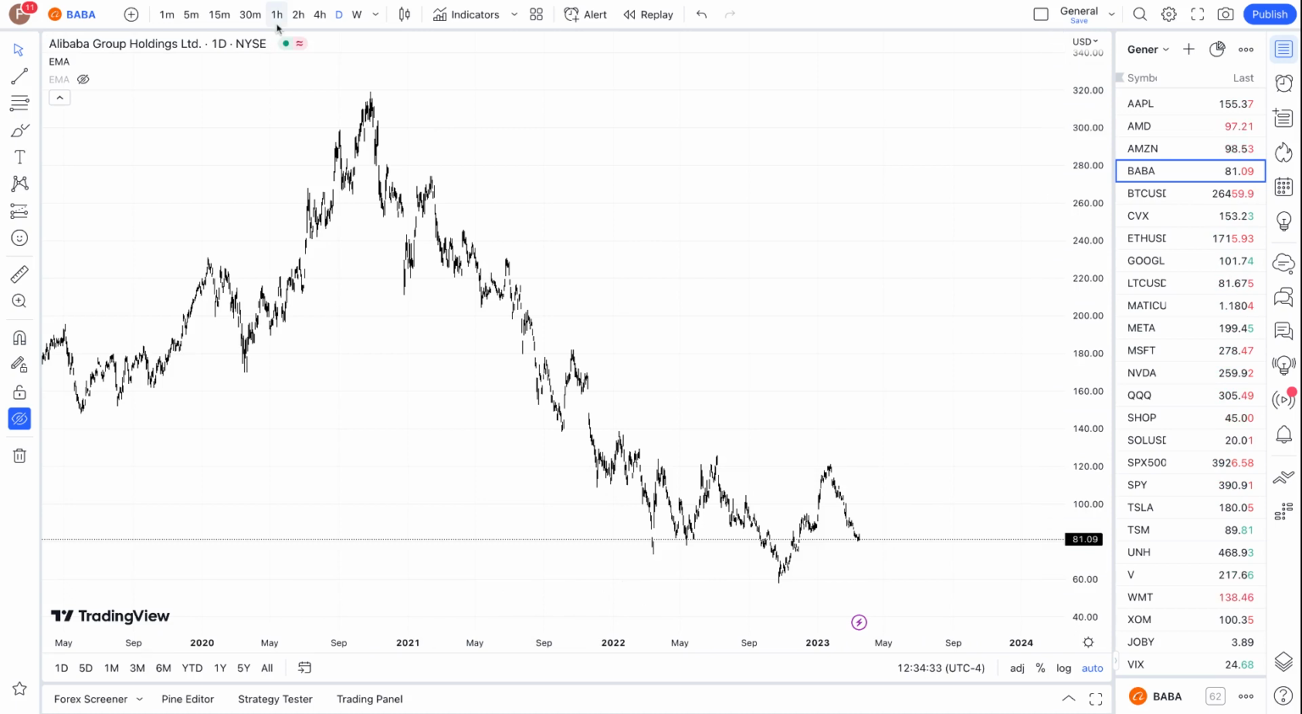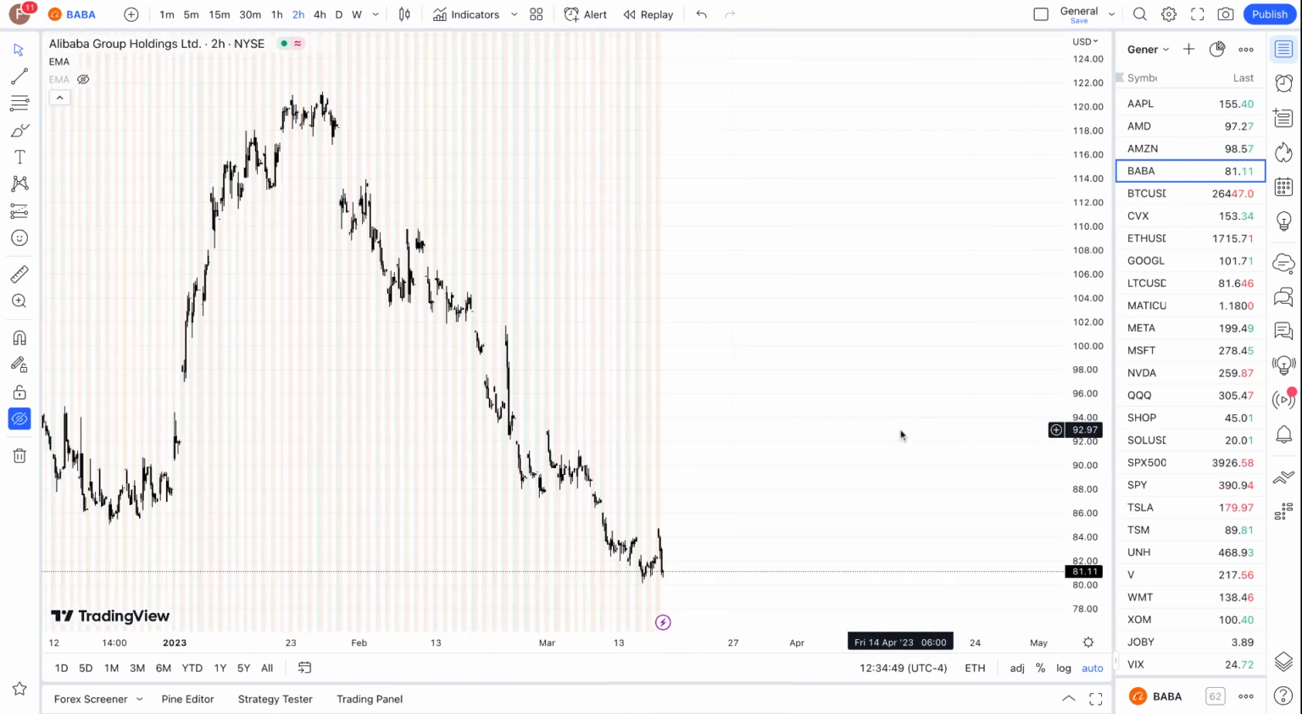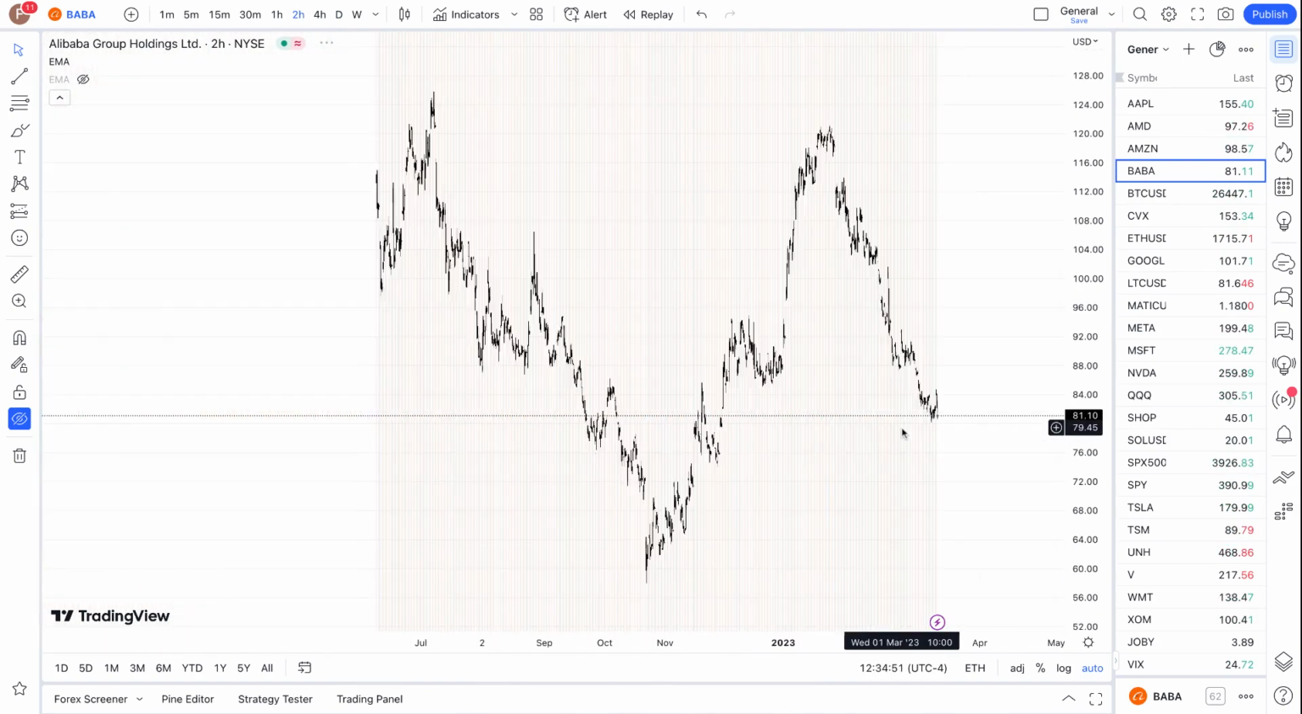So what I'm going to do now is go down to the lower time frames and let you know how I trade with shares. This is mainly shares trading and not options trading. So either you can go long shares or short shares. And coming up here is the 2 hour time frame. Now, as you can see,